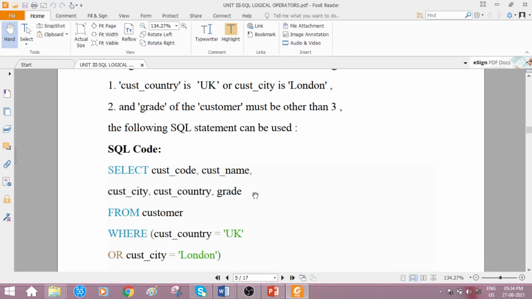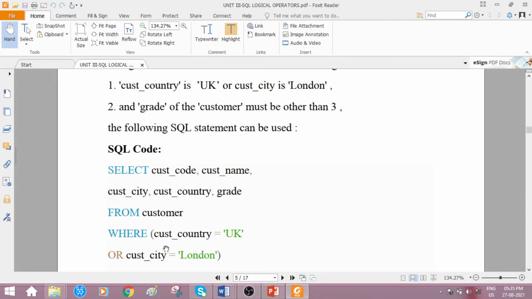After specifying all the required column names, you have to mention the table name. From which table? Customer table. And with the WHERE clause, what is the condition we should specify?